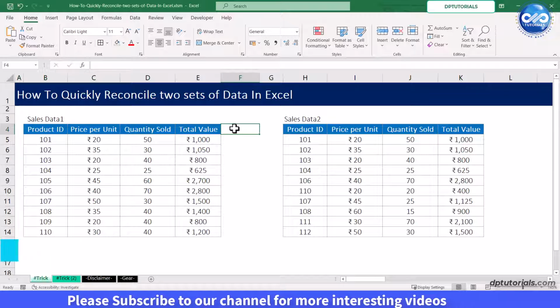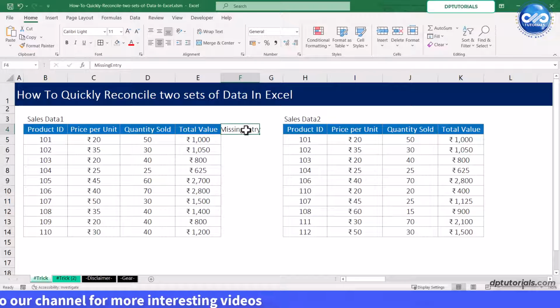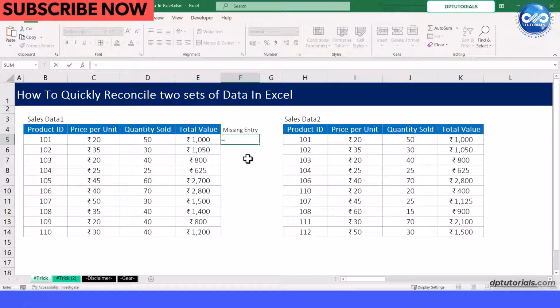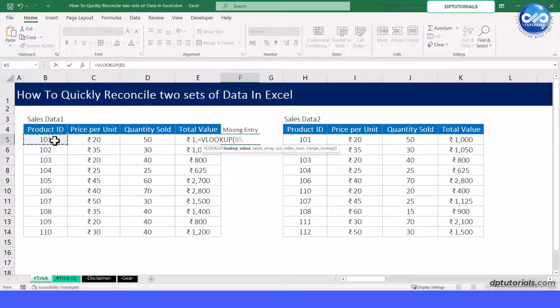I will add the helper column in both the tables like this. Give the heading as missing entry. Enter the formula in cell F5 to identify whether this product ID is present in table 2 or not. Type the formula as equals to VLOOKUP. Open the parentheses, select B5, comma, select the range as H5 to H14, lock this data range, comma 1, comma,